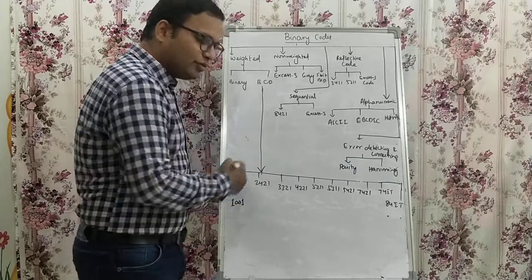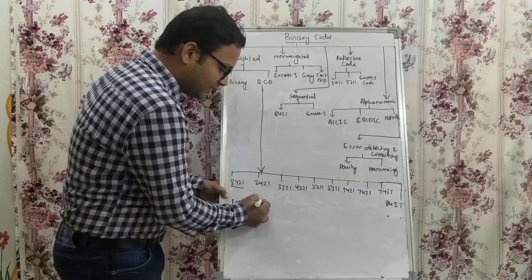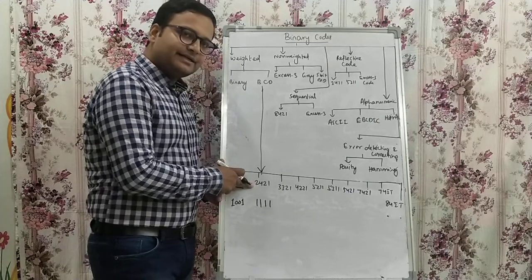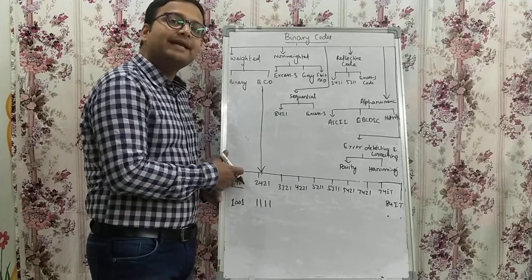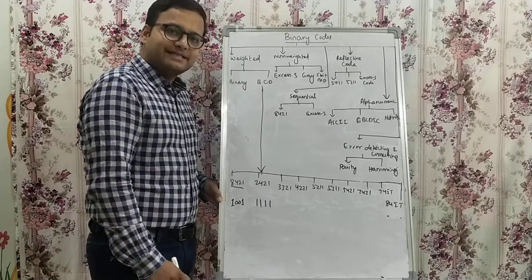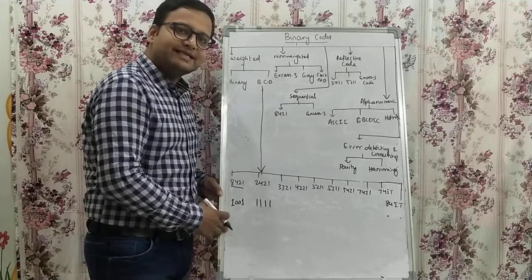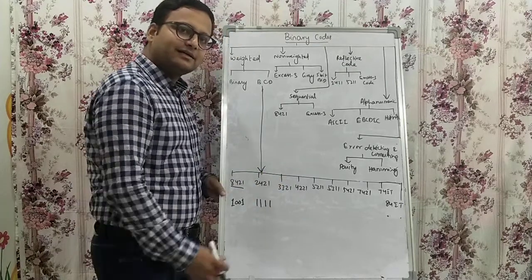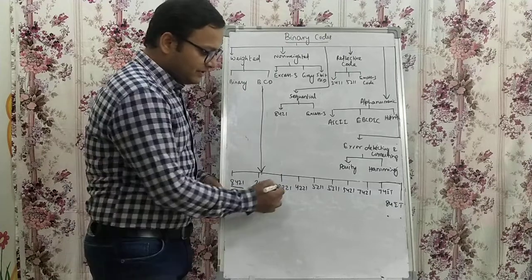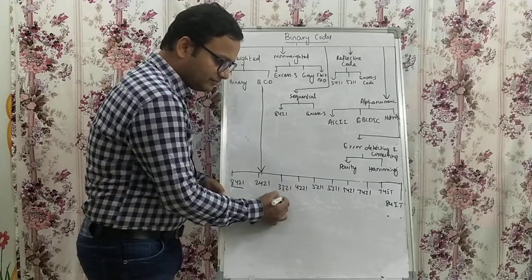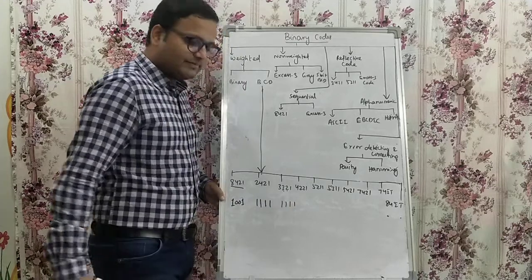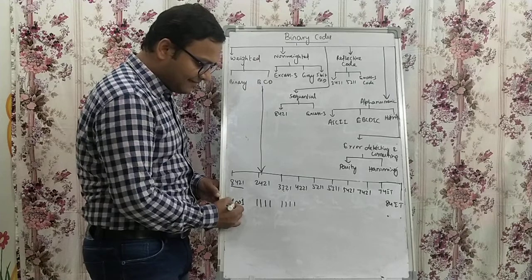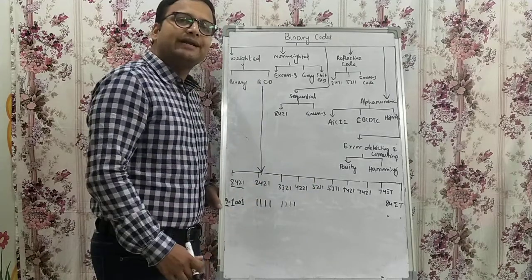Similarly, in 2421 code, the 9 represents 1111. See the difference. According to the weight of the position, the value of 9 also changes. The coding changes according to the weight position actually. Next, how will you represent 9 using 3321? Using 3321, 9 is also 1111. This is the way we can represent 9. 9 can be represented in various ways using this type of weighted codes, BCD codes.